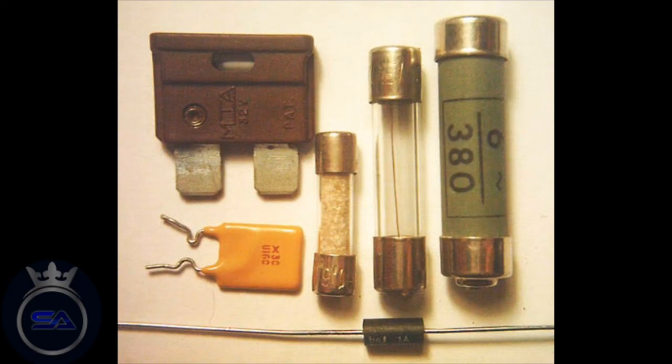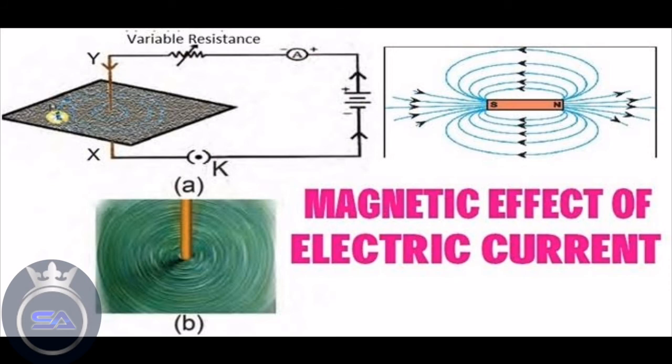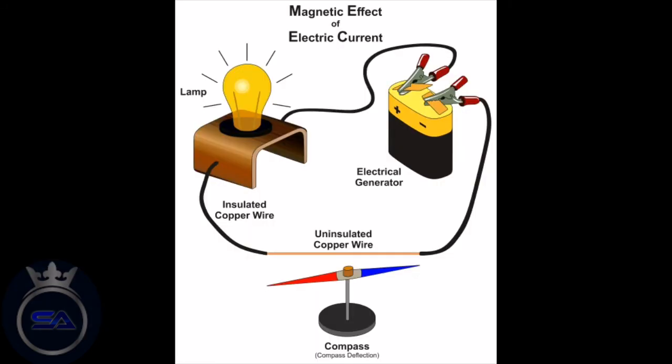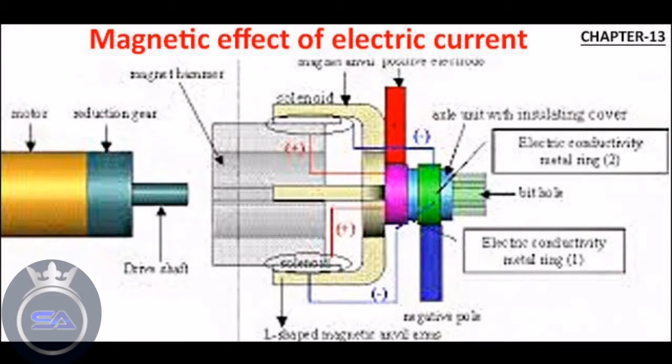Next subtopic is magnetic effect of electric current. In the year 1820, while doing an experiment, a scientist called Hans Christian Ørsted placed a magnetic compass parallel to a current carrying conductor. When electricity passed through the conductor, the needle of the magnet deflected. When he reversed the direction of flow of current, the needle deflected in the opposite direction. From this experiment, Ørsted concluded that when electric current passes through a wire, it induces magnetism around it.